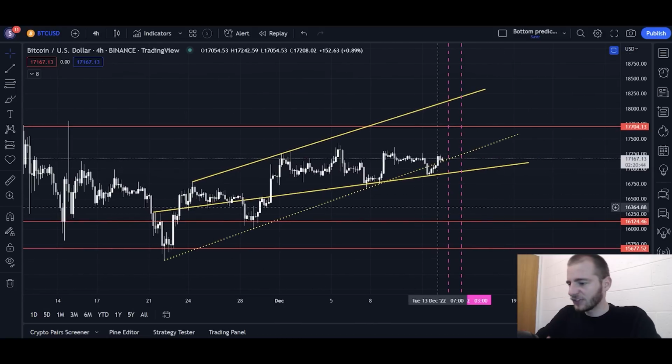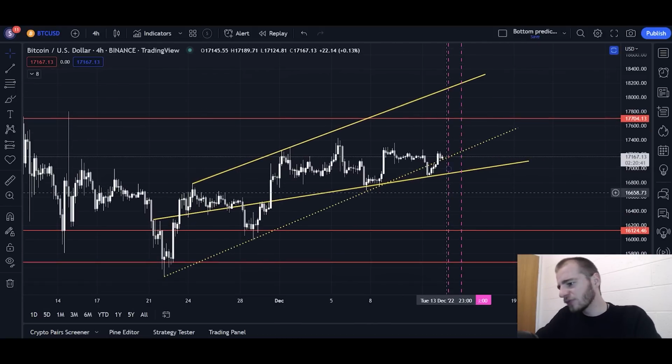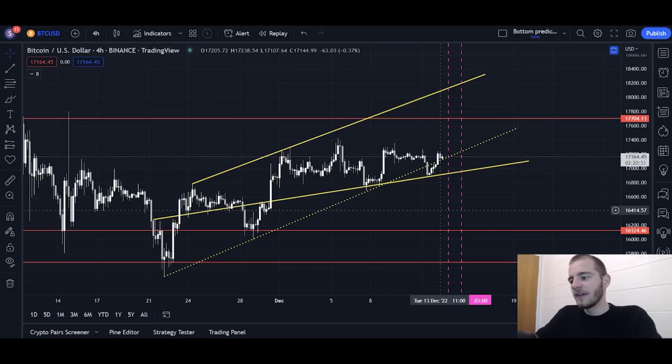I've actually marked them on the chart. Those events will be occurring when these pink vertical lines are met. That is the time of when the events are occurring. And you can see how close we are to those lines. That will stir up volatility. I'm very interested to see what happens. And when those events do occur, I will be making a video.